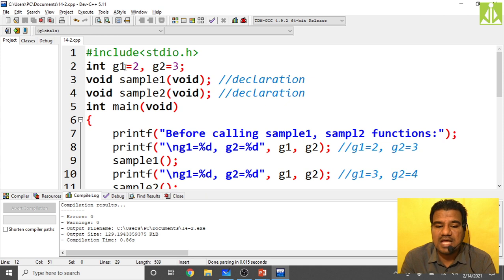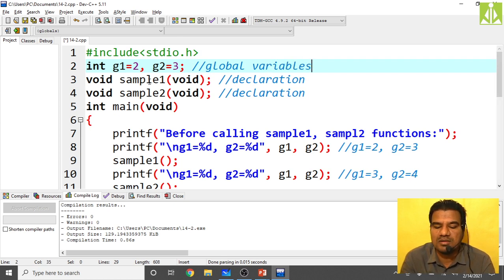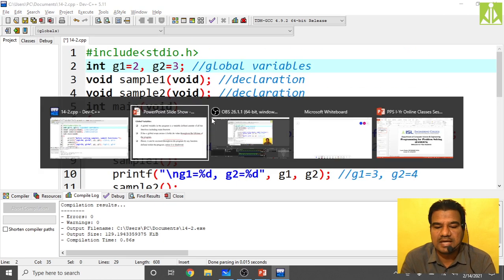That means as they are global, you can access these global variables at any point of your program after the declaration, as their scope is not confined or limited to any particular block. Simply, it is global, open to the world. Wherever inside your program you want to access G1, G2, you can simply access them.